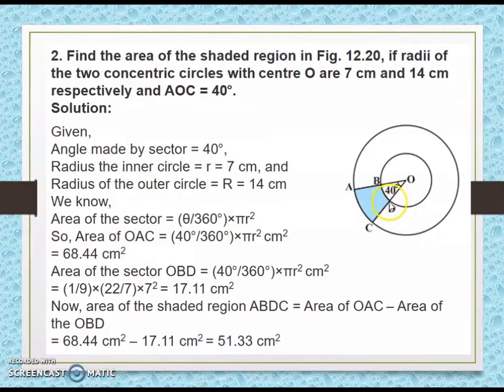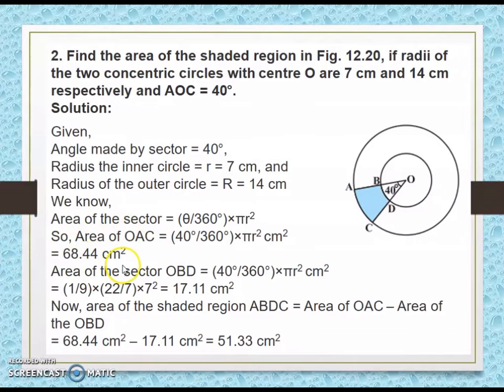In the same way, here two sectors are there. Concentric circles are forming a sector, and you have to find the area of the shaded region. So that will be outer sector minus inner sector. The central angle is already given to you. So that is 40 by 360 into pi r square, or you can say with R1 and R2, theta by 360 into pi R1 square, where R1 you will take as 14, minus theta by 360 into pi R2 square, where R2 you will take as 7 centimeter. So when you subtract the areas of these two sectors, you will get the area of the shaded region.